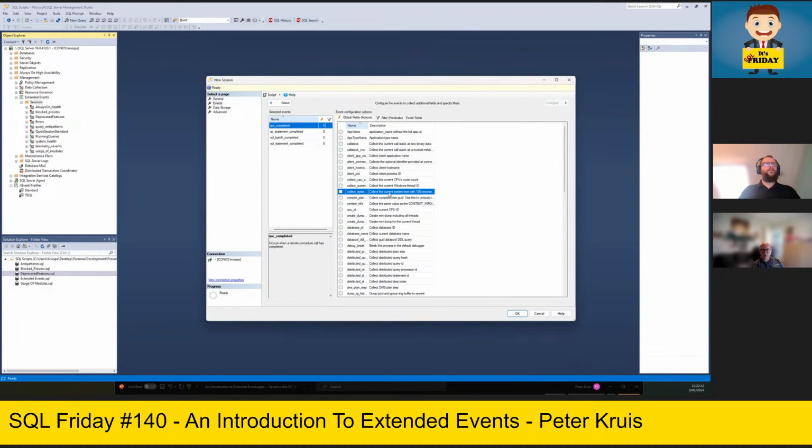For example, when my RPC completes, I don't have the host name by default. It can be pretty handy when you have lots of clients coming in to see the host name in your result set. So you can enable it. You can also enable it for multiple. Then on the lightning bolt, you see how many actions are completed per event.